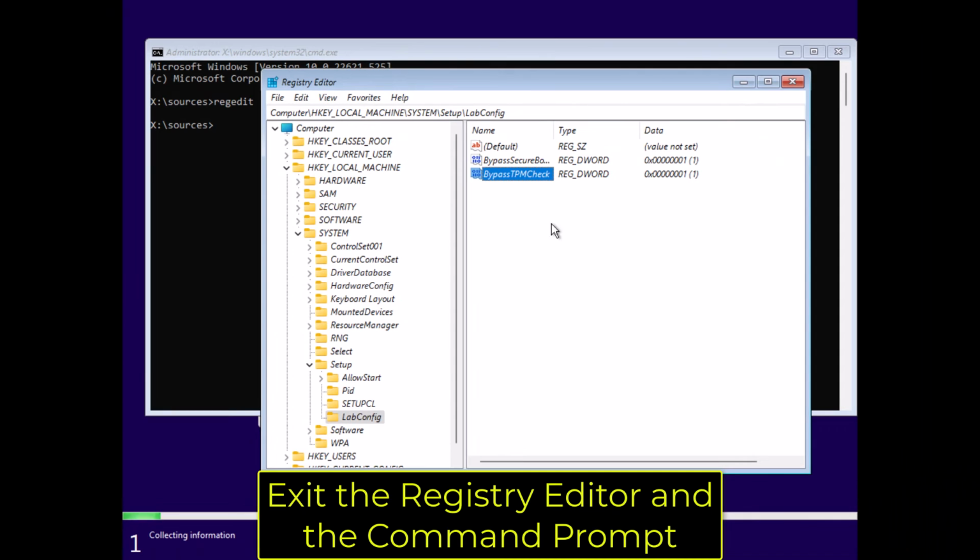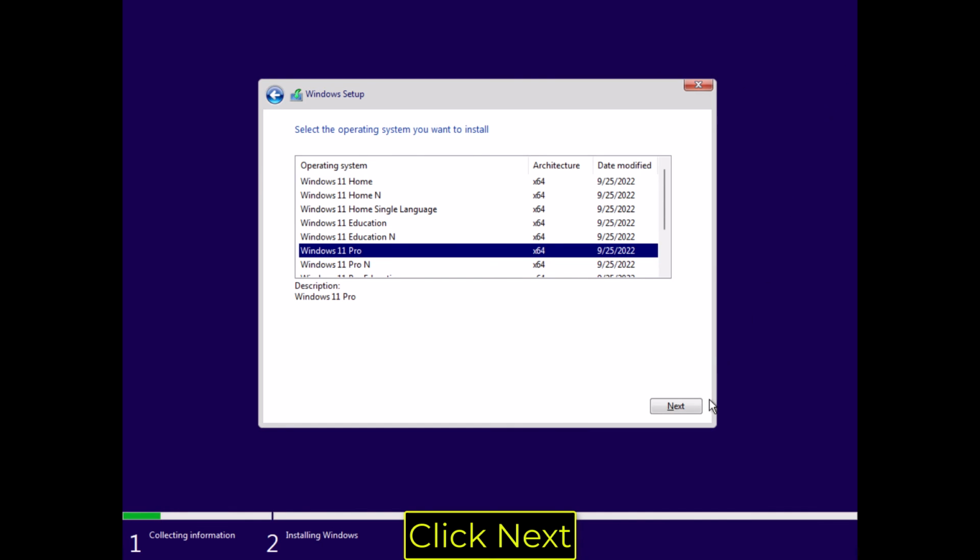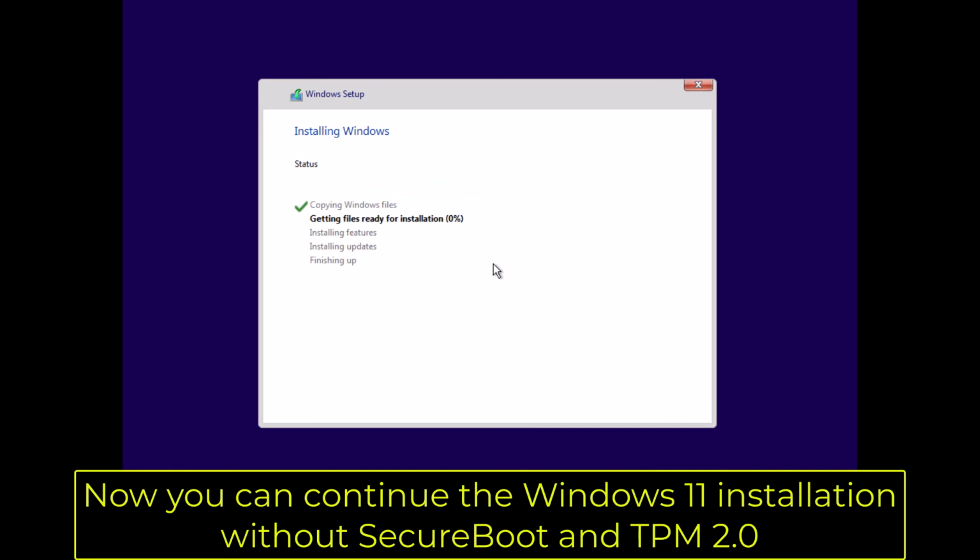Exit the Registry Editor and the command prompt. Click Next. Now you can continue the Windows 11 installation without SecureBoot and